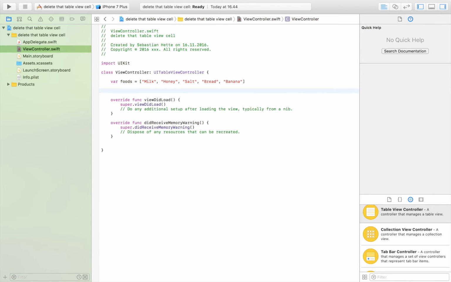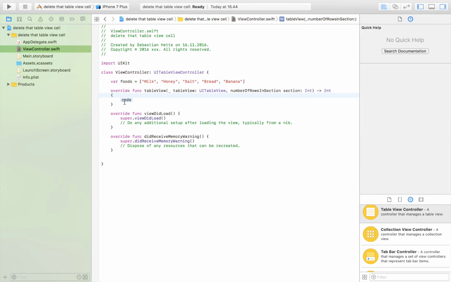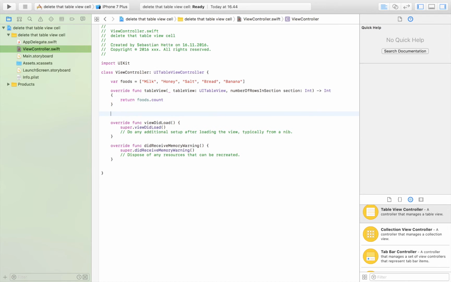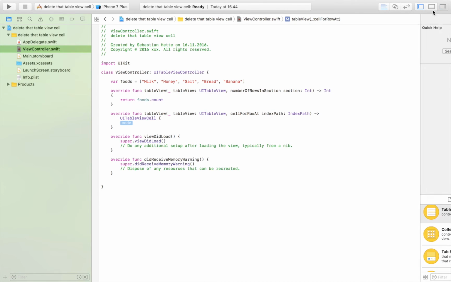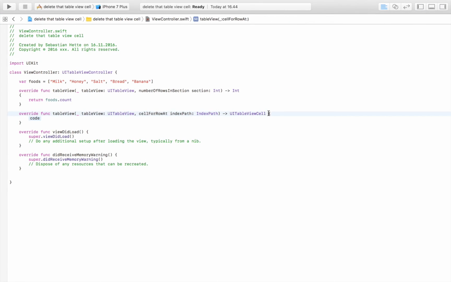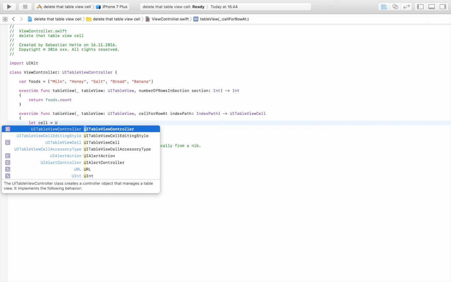And then we need two functions. The first one is number of rows, this one, just to tell our table view how many rows it should display, and it should display as many rows as we have items in our array. And then we need cellForRowAt indexPath in order to create our cell and populate our table view. So we're just going to say let cell is equal to tableView